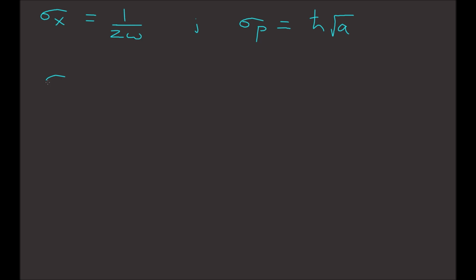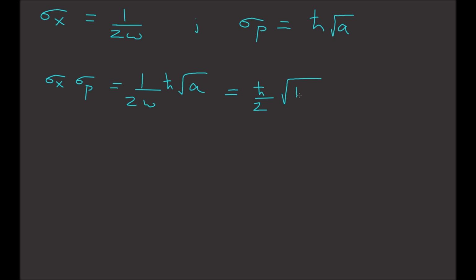So if we multiply the two to find the uncertainty principle, if it holds or not, this is equal to 1 divided by 2 omega times h bar square root of a, which is the same as h bar divided by 2